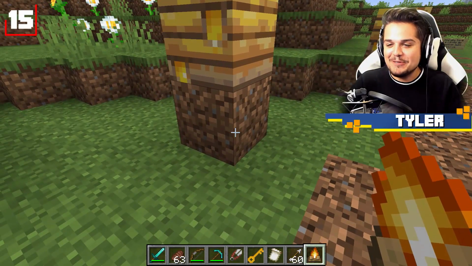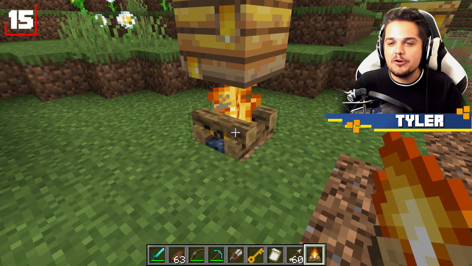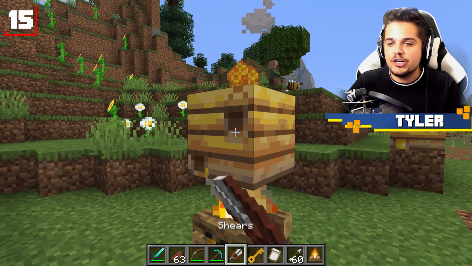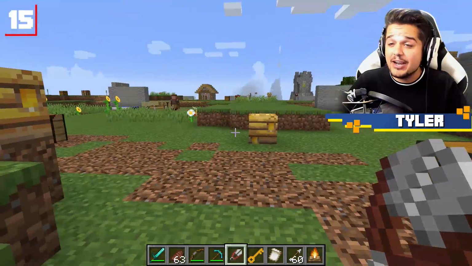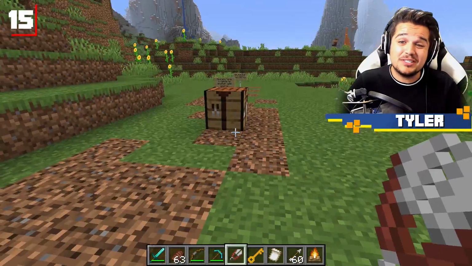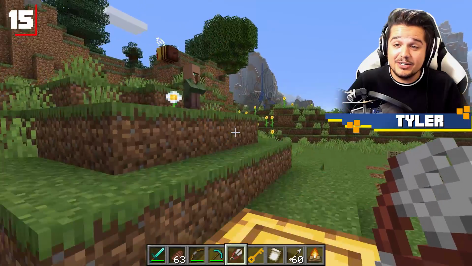Anyways, what I was trying to do is break this dirt so we could place a campfire underneath it. Because if you place a campfire right underneath a bee's hive and then use shears to collect the honeycomb, it will not anger any bees nearby. If you do it without the campfire, well, you run the serious risk of getting them real mad at you. But either way,